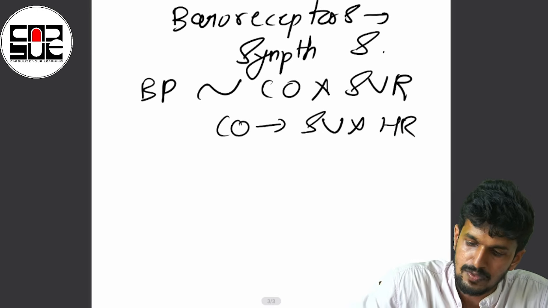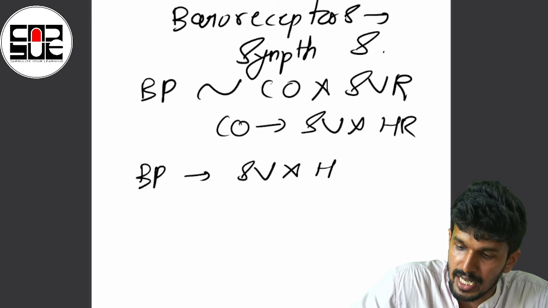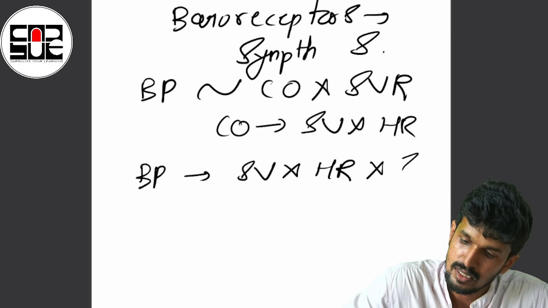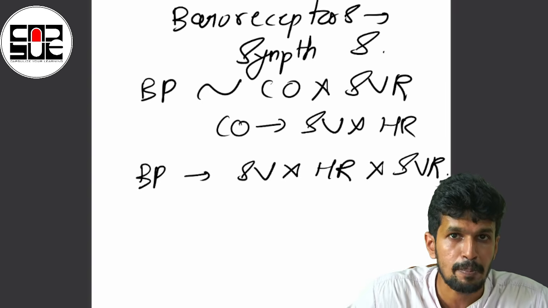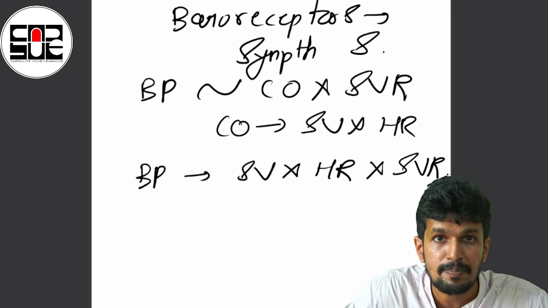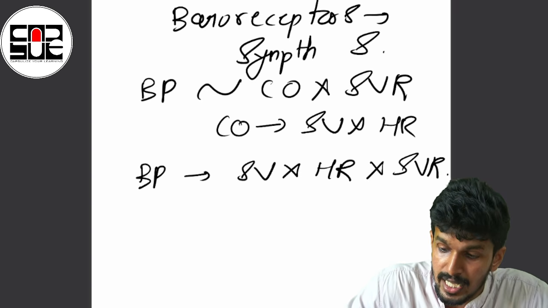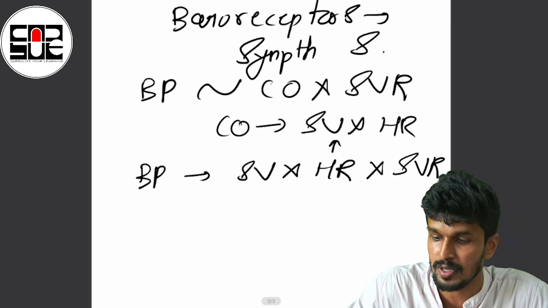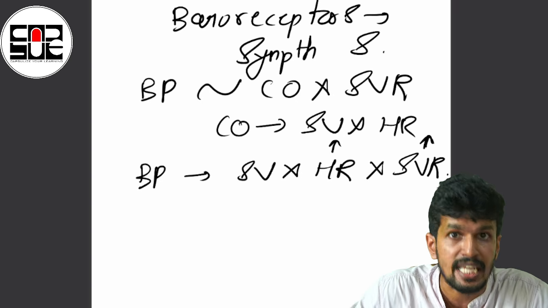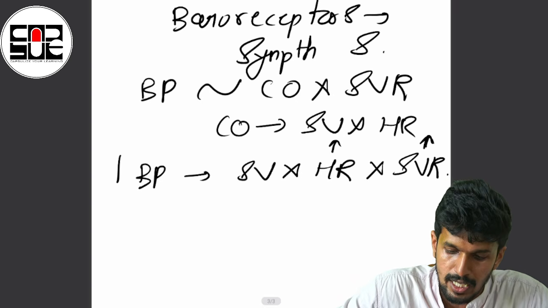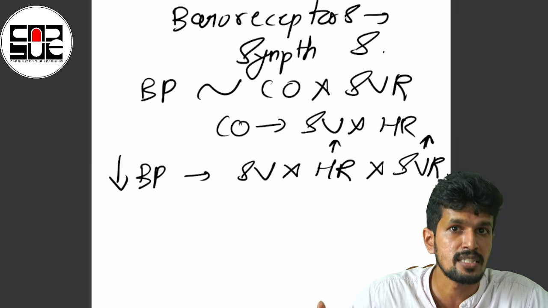So from this we can understand that BP is stroke volume times heart rate times systemic vascular resistance. Whenever the tissue is going into hypotension, what is the change which the sympathetic stimulation can help with? The heart rate can be increased. Also, the systemic vascular resistance, which contributes to the afterload, will also increase to compensate for the fallen BP. This is what happens at the cardiovascular level when it comes to pathophysiology at the systemic level.